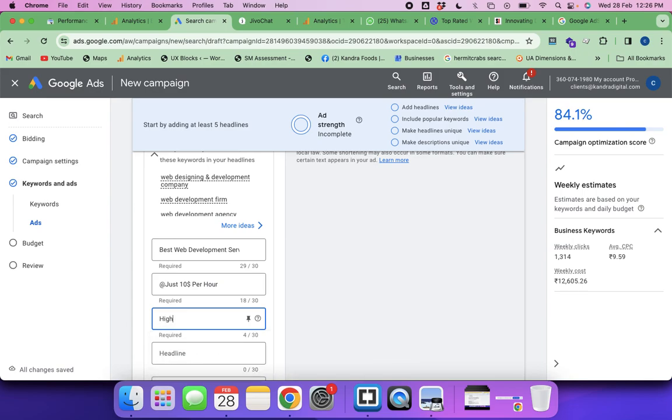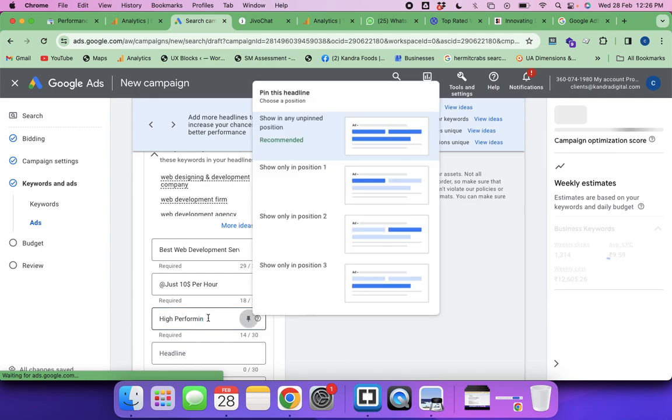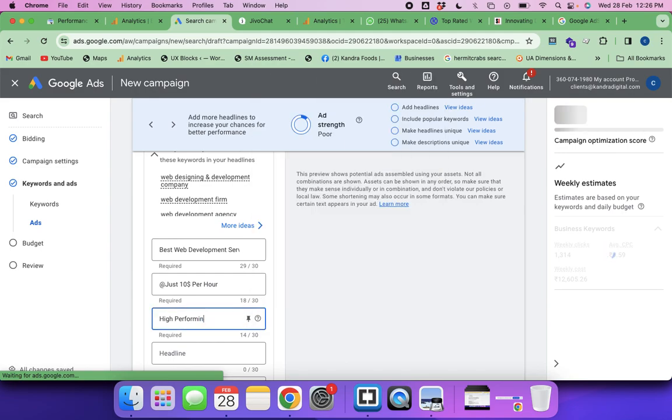High performing and conversion of high performing website. And my fourth headline will be